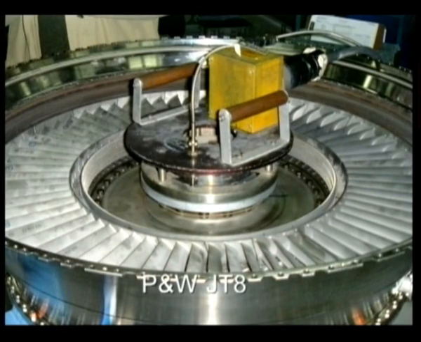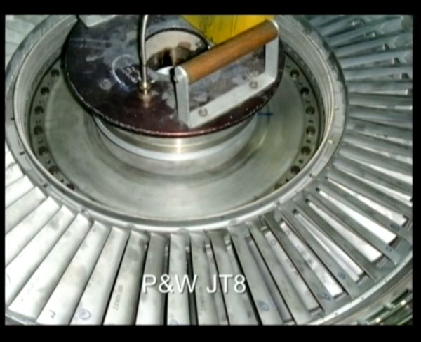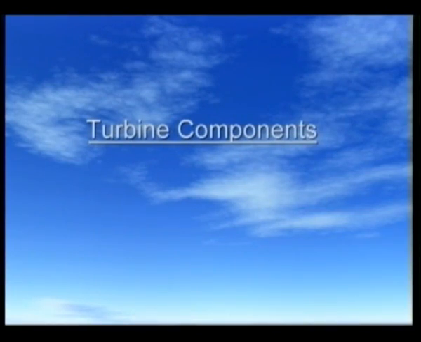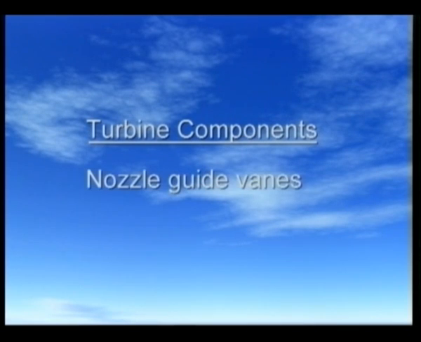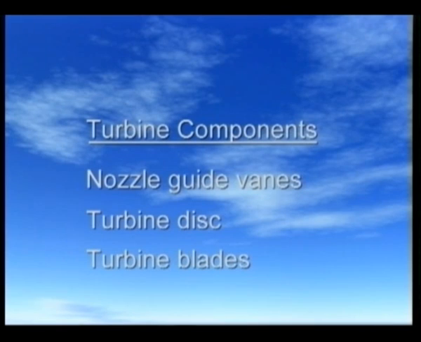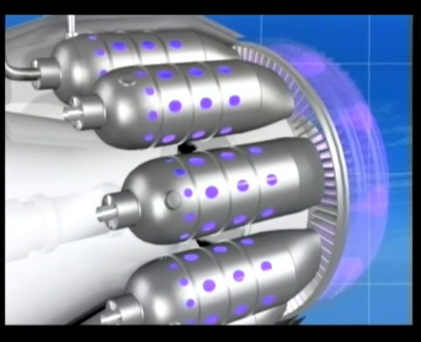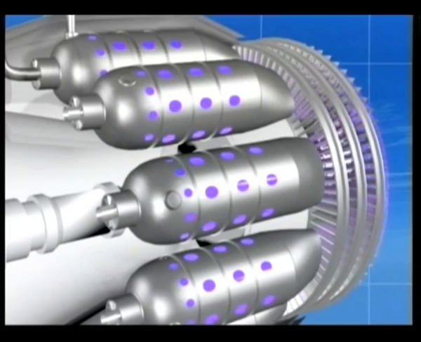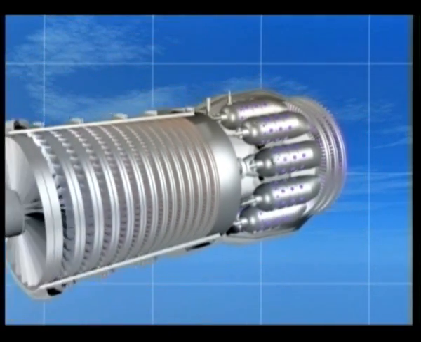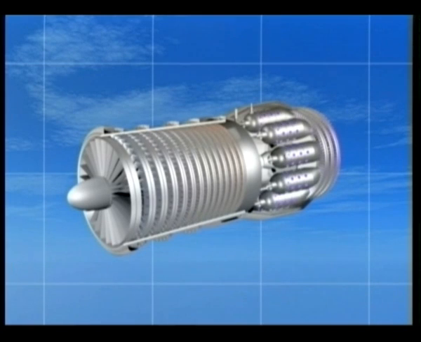Turbine blades are made from special alloys of mainly nickel, chromium, and iron. The primary components of the turbine are nozzle guide vanes, the turbine disc, and the turbine blade. Nozzle guide vanes do two things. They convert pressure energy into velocity energy, and they direct the gas onto the rotor blades at the correct angle of attack. The impact or reaction of high-velocity gas on the rotor blades produce the large rotational force that drives